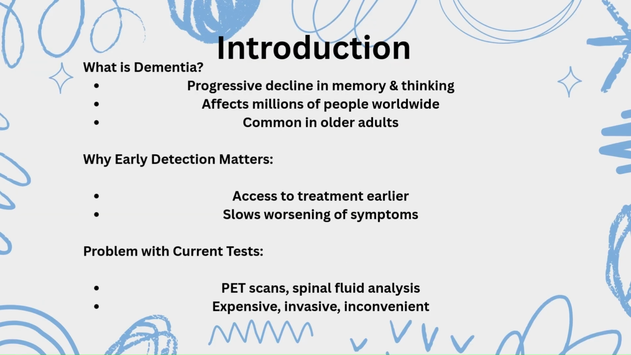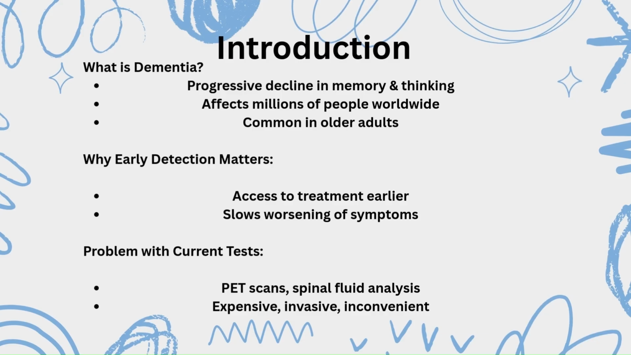So, what is dementia? Dementia is an illness where there is a progressive decline in memory and thinking. It affects millions of people worldwide and is most common in older adults. So, early detection matters since it can let patients access treatment earlier and it slows down the worsening of symptoms. So, with current tests, for example, PET scans and spinal fluid analysis, the problem is that they're expensive, invasive,